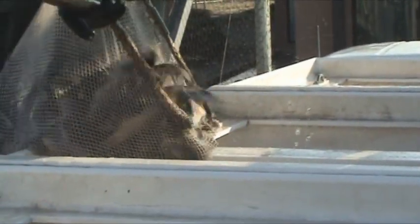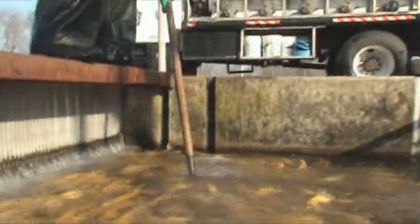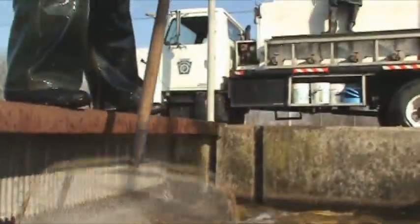We get our brook trout eggs in from one of our northern hatcheries. Oswego generally is where we get our brook trout eggs, and we do get some of what we call light control fish, which is fish that are spawning out at our Reynoldsdale hatchery or the Tylersville hatchery. And basically it gives us a jump start, because with having our brown trout spawn in November and not really